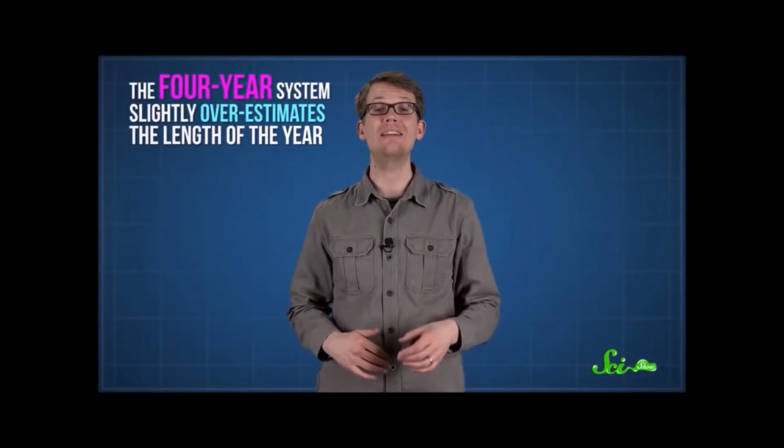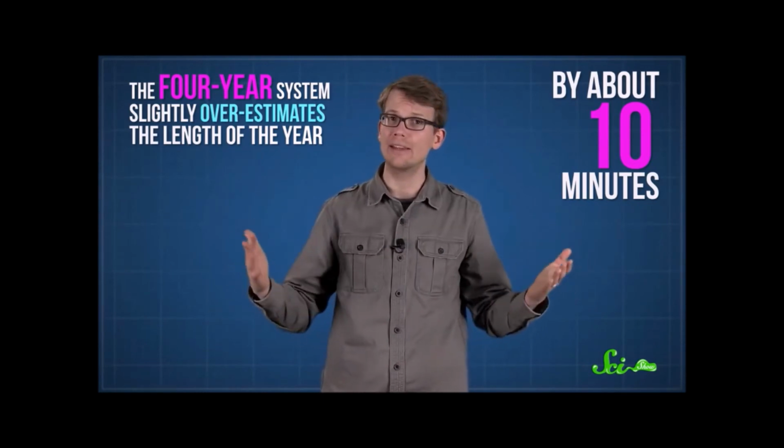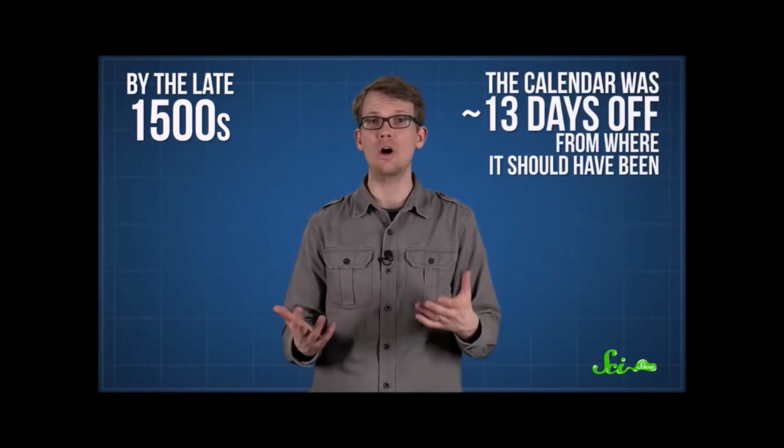The 4-year system ends up slightly overestimating the length of the year by about 10 minutes, something the designers of the Julian calendar knew about, but they decided it wasn't worth complicating the calendar over. It's 10 minutes a year. What could go wrong? Well, 10 minutes a year over a lot of years can really add up. By the late 1500s, around 1600 years after Caesar, the calendar was about 13 days off from where it should